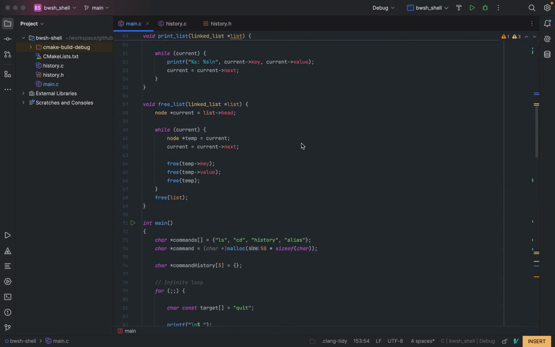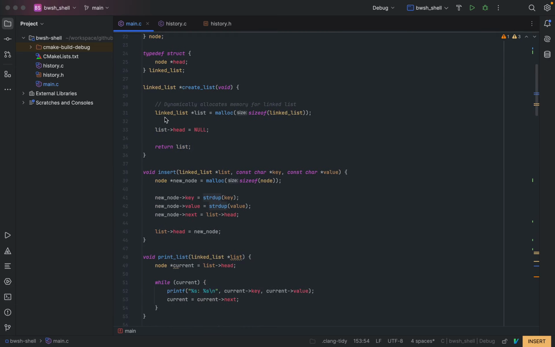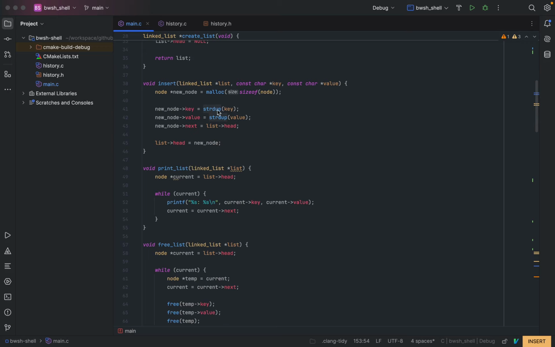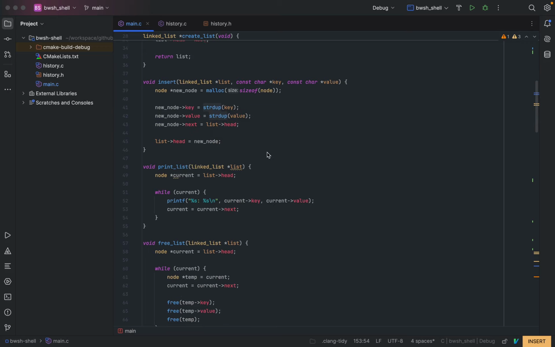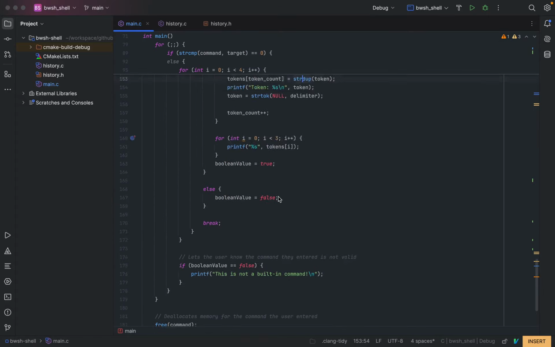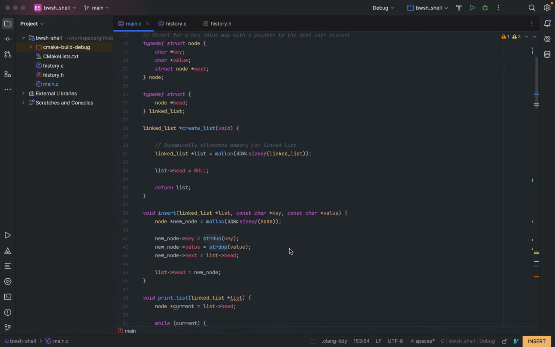And then the other implementation that I have for it is in the linked list up here. I used malloc to dynamically allocate memory for creating the list, and these also use the strdup functions as well. And then I have a whole separate function that frees the entire list. It frees the key value and then the whole node, and then also frees the whole list as well. And so that will be called at the very end as well, because if I obviously